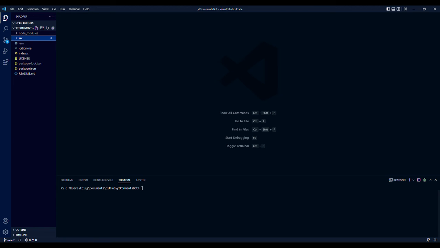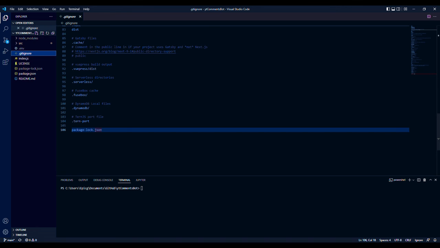Once you have a GitHub, make sure you clone that repository by the URL of the website where your repository is, and then once you put all these files in there, make sure you have a git ignore file. And then also make sure you put package lock JSON